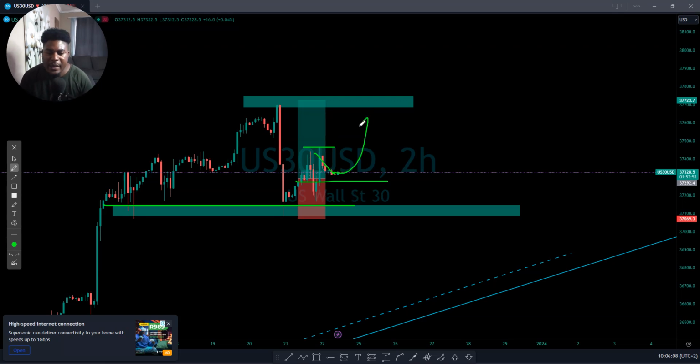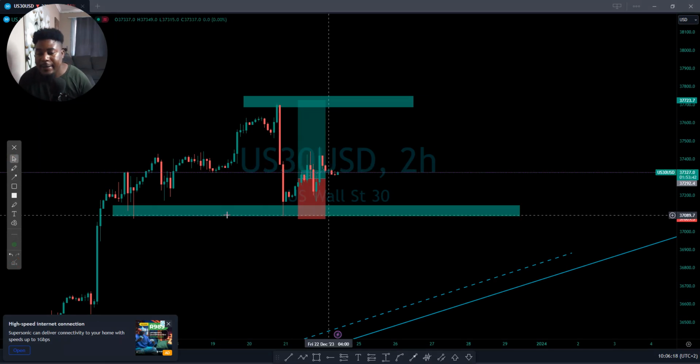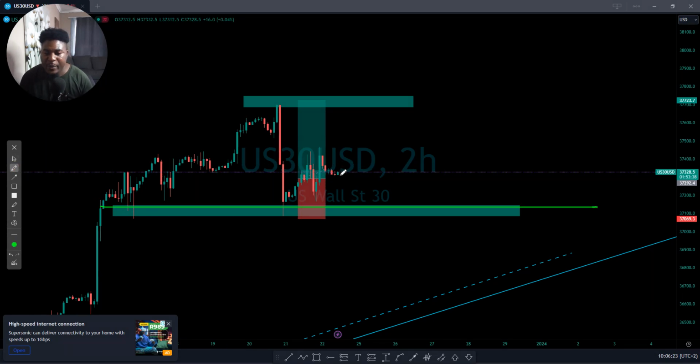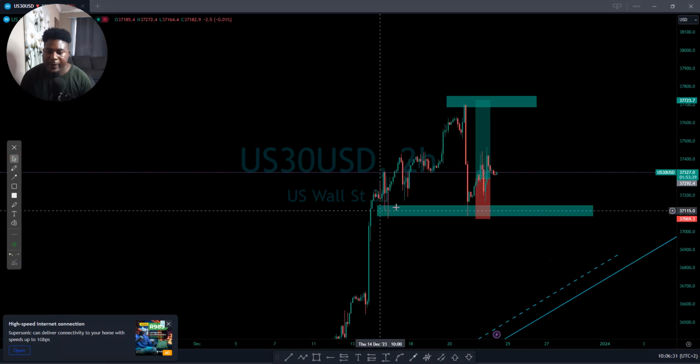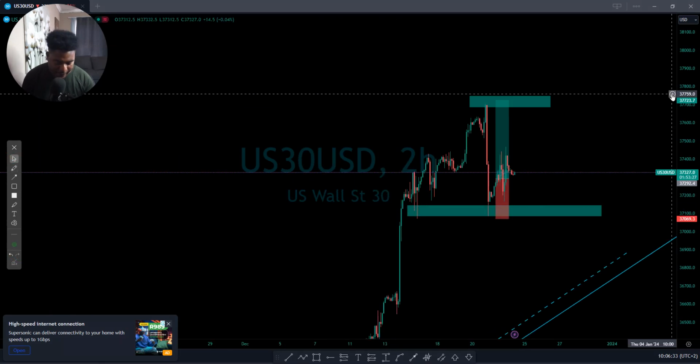Maybe the market today will push up, but I'm out on these trades because the market did push a little bit, especially when I was focusing on Nasdaq. So I'm still very bullish. So we have a support. Maybe the market will bounce back, come back, bounce back, or maybe the market will even reach this type of support. You can see it on a 4 hours time frame.